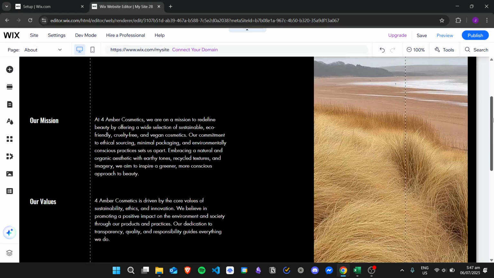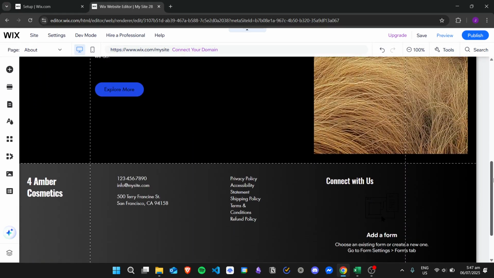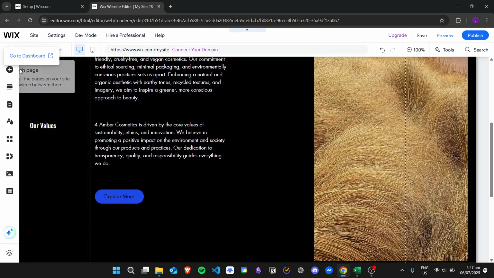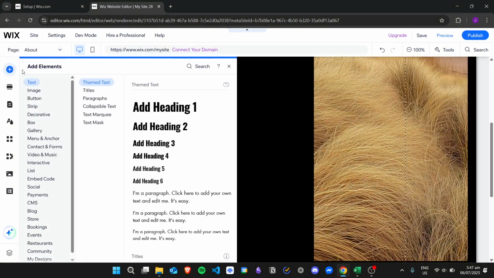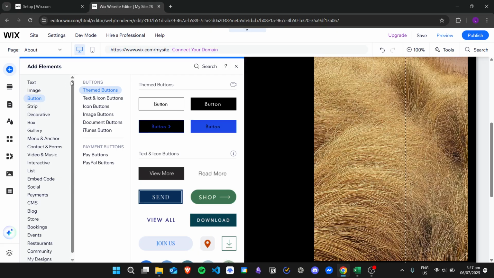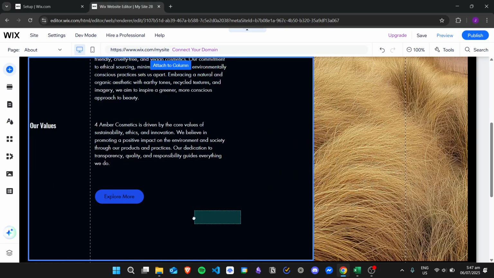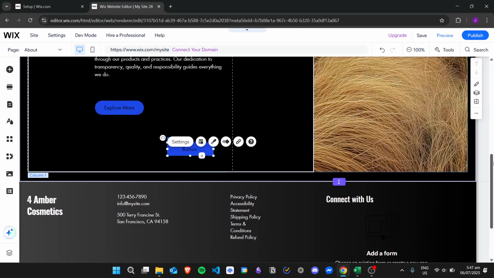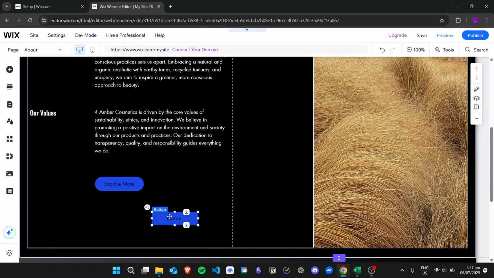And then for example, you want to link an element to a hidden page. So for example, I'll just add another text, or I can just add a button. I'll just add a button, just click on it, and then we'll change the text to